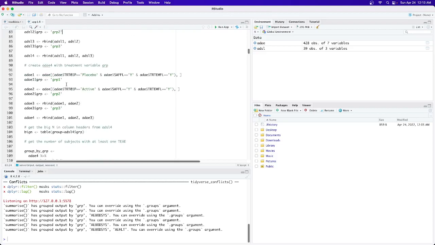Okay, in the next few lines, we are doing something very similar, but we are doing it on the ADAE. So we create 3 ADAE datasets for placebo, for active, and for total, and then we combine it together. We call it ADAE4. So after this,